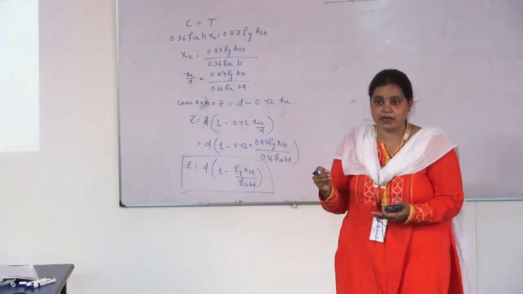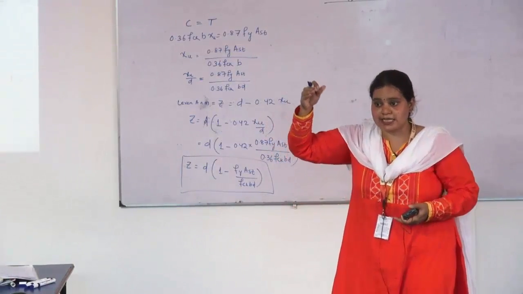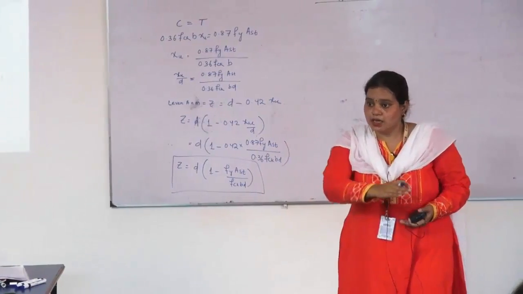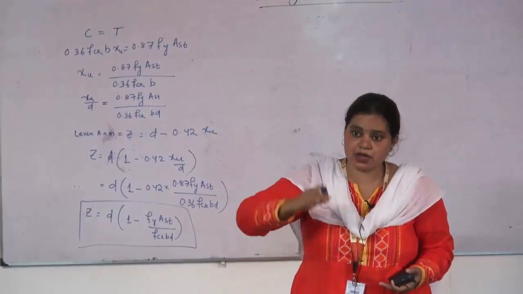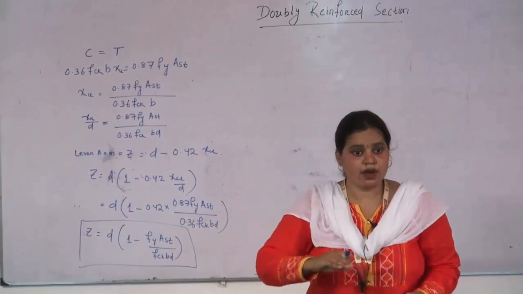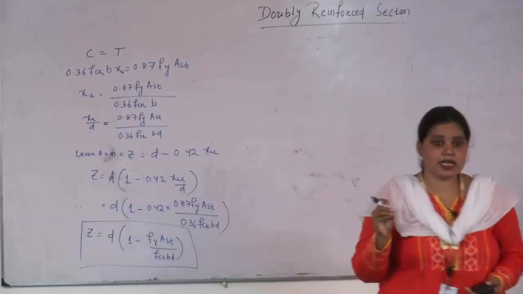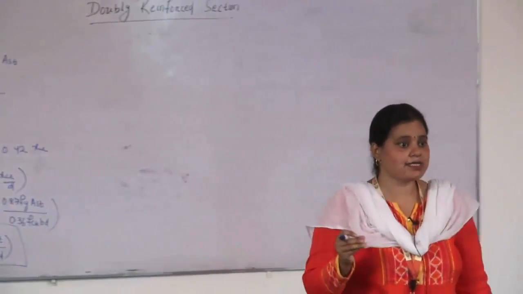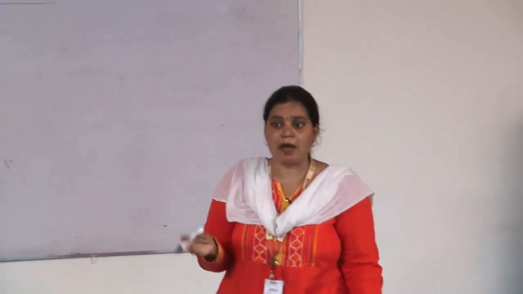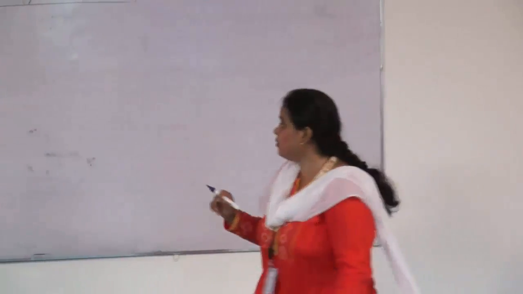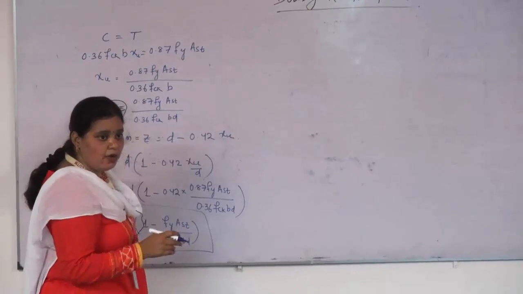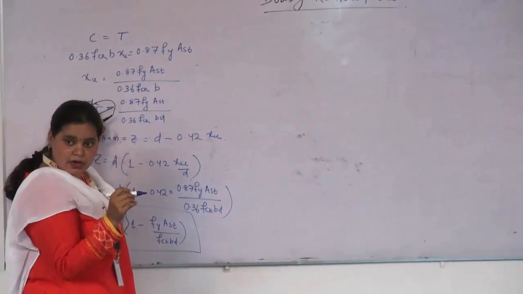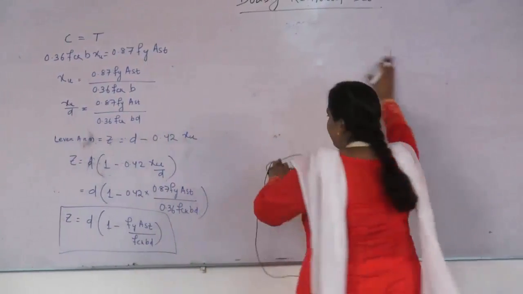Otherwise, what happened to that? Otherwise, the neutral axis may strike the tension reinforcement. It may go lower, below the neutral axis, to the tension reinforcement. And that thing should not happen in our design. Our design may be wrong. Okay, so we have to balance that. How can you do? To limit this XU value, I am going to take XU max.